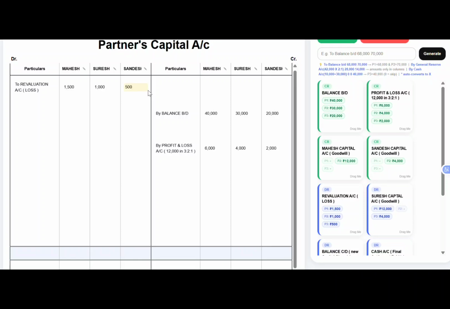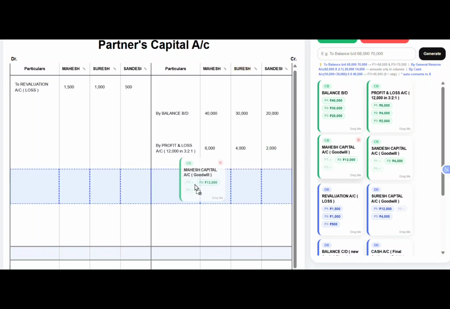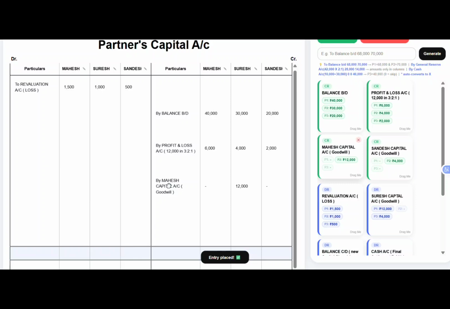Now, on the retirement of Suresh, the total goodwill is valued as rupees 48,000, and we had taken the share of Suresh's goodwill, that is 16,000. So that is borne by Mahesh and Sandesh, which has to be entered on the credit side of the partners' capital account. By Mahesh, that is the goodwill that is borne by Mahesh for Suresh